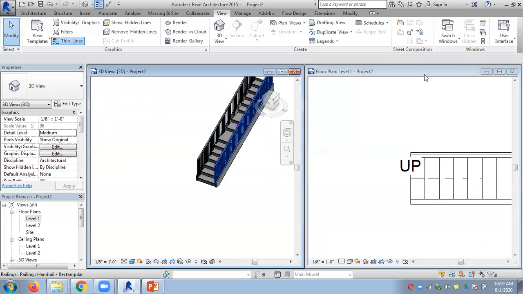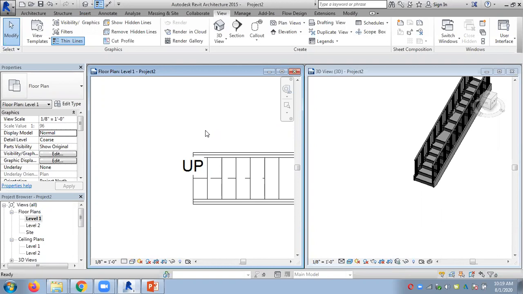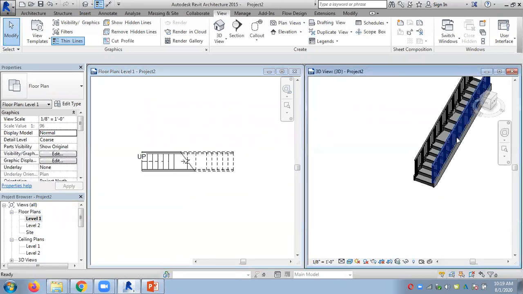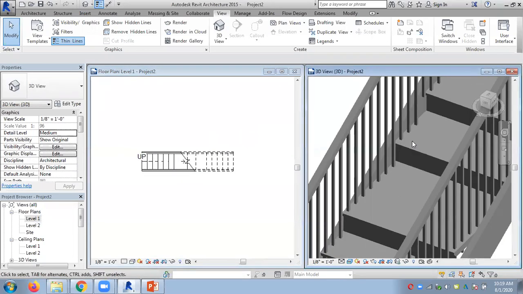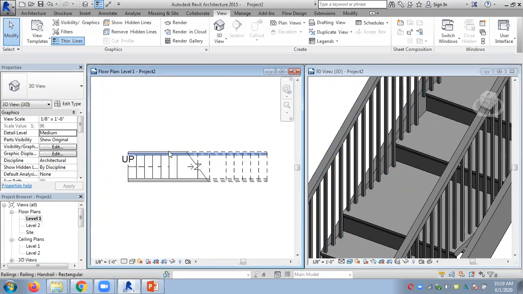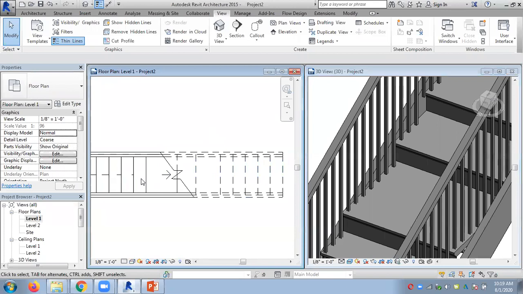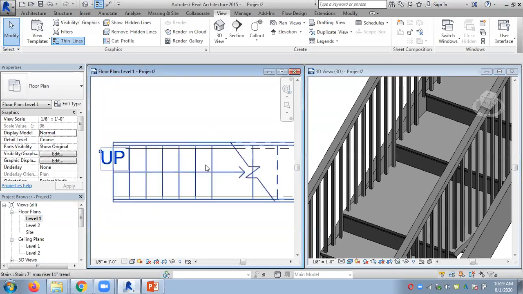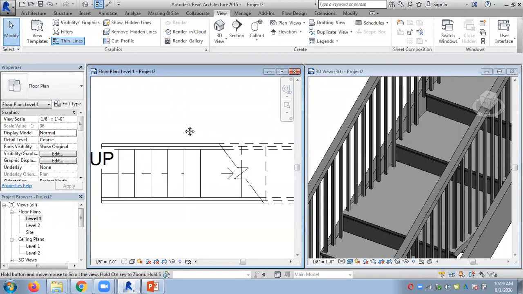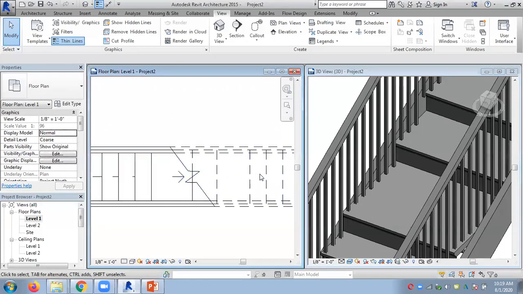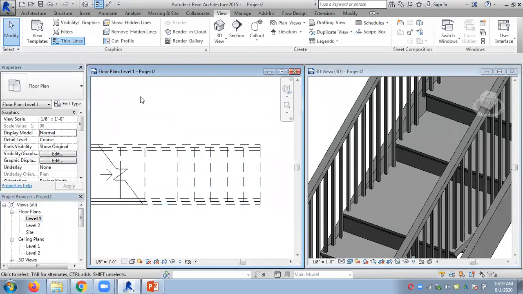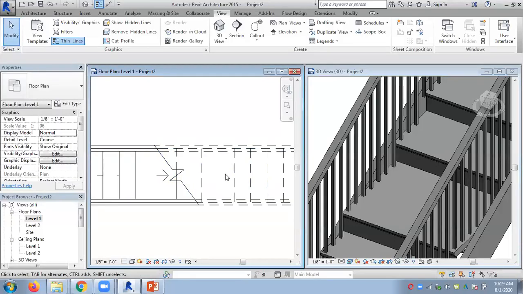So you can edit the. So I have a problem here. Basically, these problems appear when you have uneven steps. Now, until this point, there are no problems with the railing. So here I have an uneven step size. So this area is no problem. So when you have uneven steps like this, these problems occur.